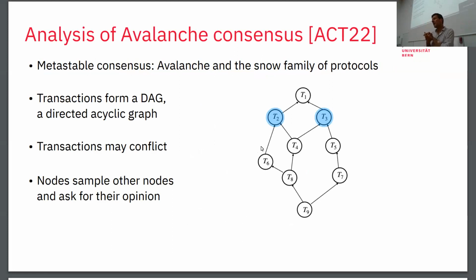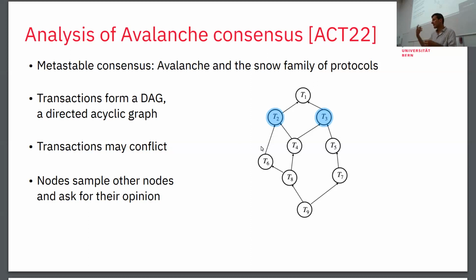The idea is that if you are just letting a system evolve where every node queries some neighbors randomly for their opinion, in the basic case for binary opinion on whether this is in or out, and then you adopt a majority of what your neighbors are sampling, right? The idea is that through the random fluctuations from the sampling process, no matter which initial configuration you have, within, say, reasonable time, the whole system is going to go into this side. Every node is going to decide up, or every node is going to decide down, just by repeatedly sampling neighbors. And that's what is at the basis of the Avalanche protocol.